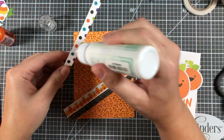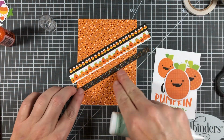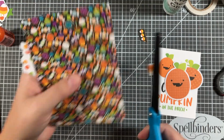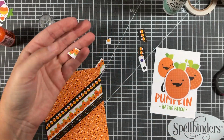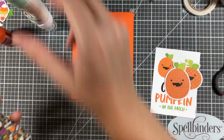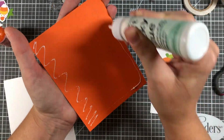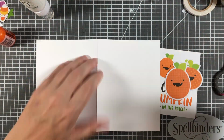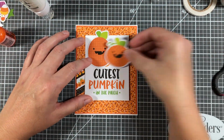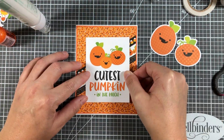Alright, now moving on to my pumpkin one. So I'm taking some pieces, these are the cut apart banners, and just kind of adding 3 of them across the piece of this pattern paper and cutting off the excess. And adhere this to a orange card base, or not card base, mat it with an orange piece of cardstock and then glue it onto a white card base. Use the cut apart sentiment. This is the 4x3 one that I had. So it says cutest pumpkin in the